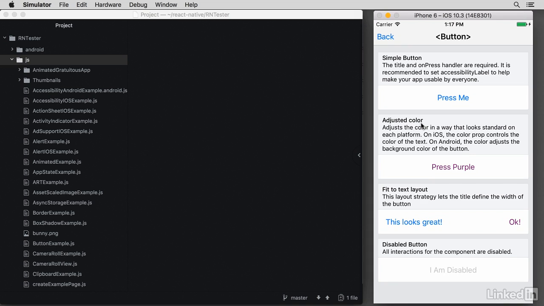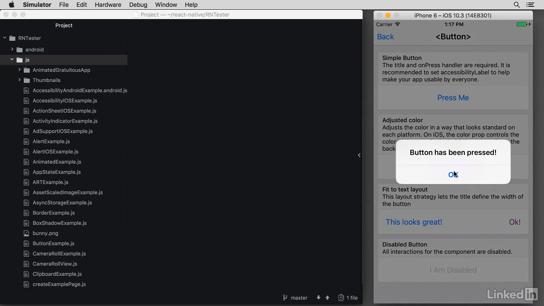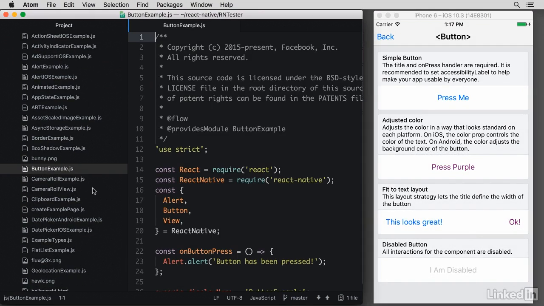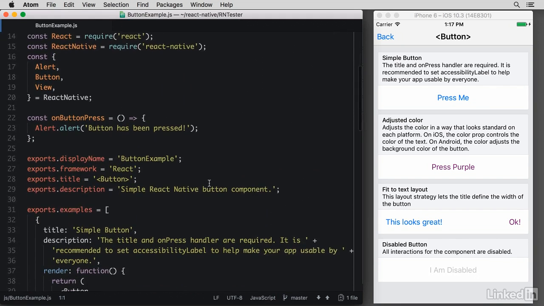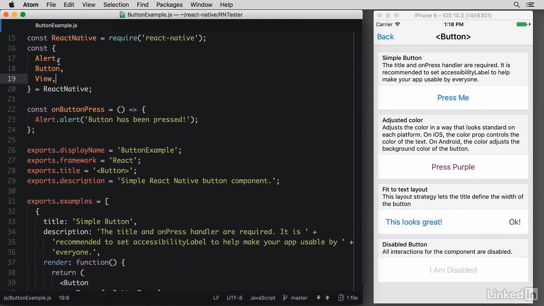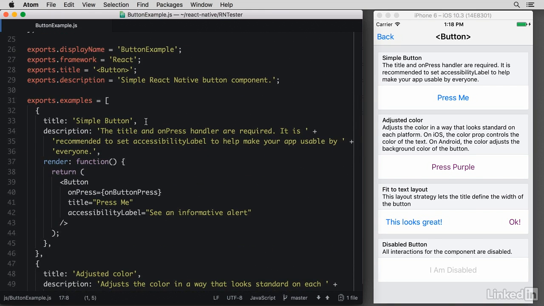You'll see an adjusted color example, a fit to text layout example, and a disabled example. And you can press those to see the action that they do, which is calling the React Native Alert API. So if you want to see the source code for this button example, it's here somewhere. Look for button example. And in here, you'll see the 4 different examples that are presented here. Here's the on button press that just uses the Alert API, which we are importing from React Native. And you'll see the 4 examples here in an exported array, and every one of them has a render function